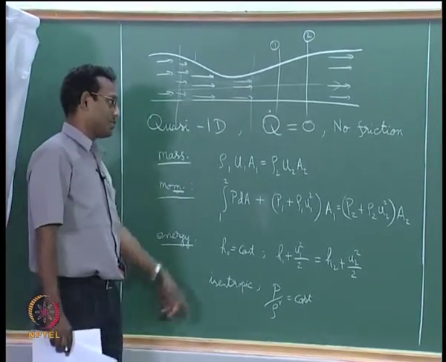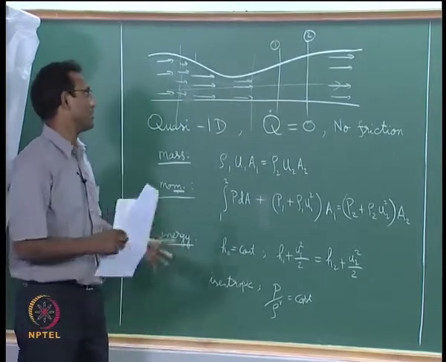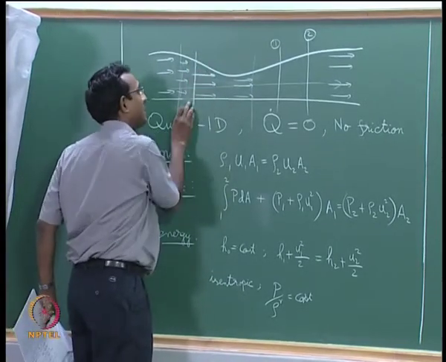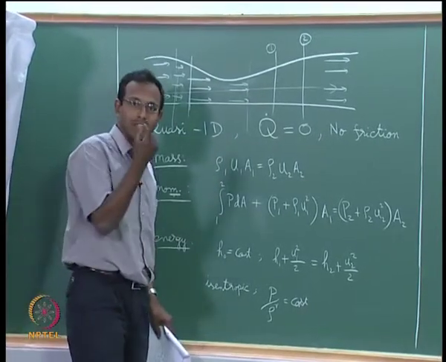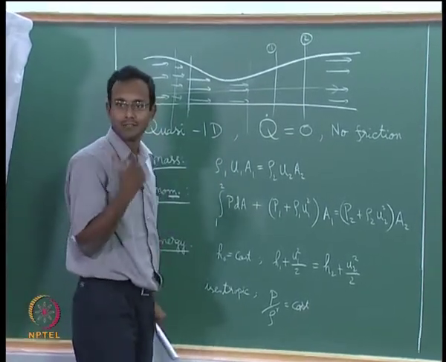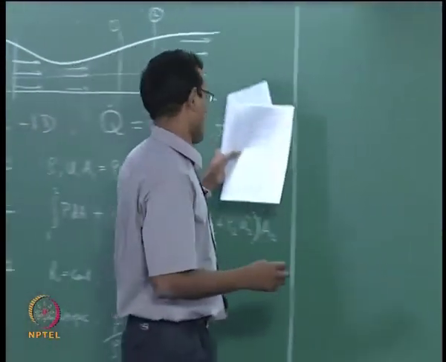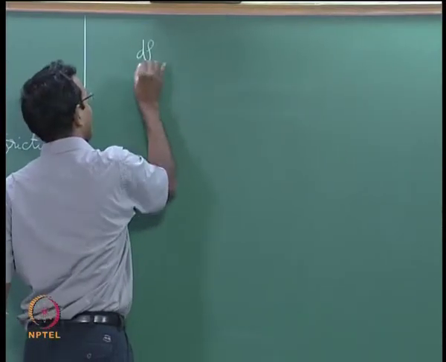Instead of this, now we will start using the differential form, which is a little bit easier because I am going to look at any section what happens just immediately next to it, a very close line just next to it. So the change will be extremely small, very small dA, okay, which is what we will start looking at next. Okay. And I am going to go back and use whatever expressions we already derived.